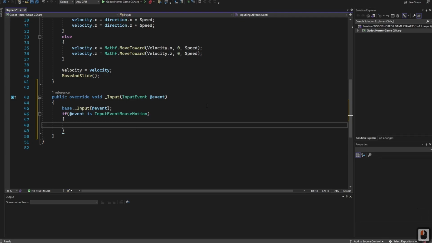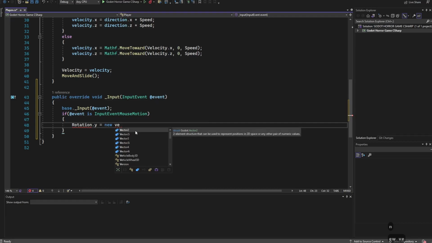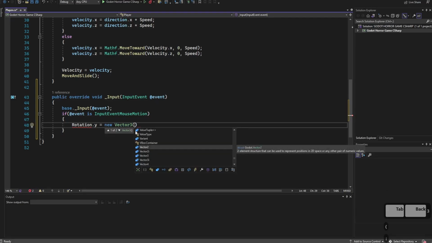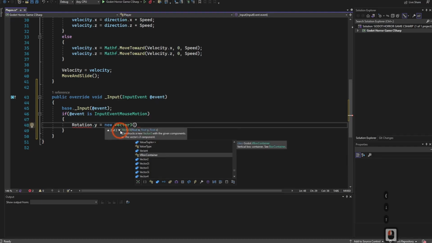Because when we move our mouse left to right, we want the character to rotate left to right. So we need to set our rotation. So we'll say rotation.y is equal to new Vector3, and we need to put a Vector3 in here. Now, when we do our rotation, it needs to be an x, y, and z value, right? Now, we only really want to set our